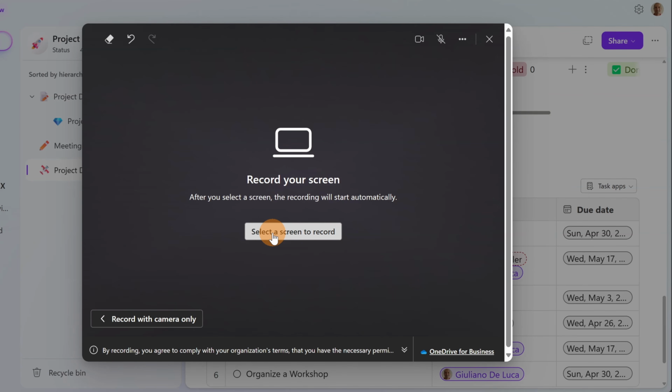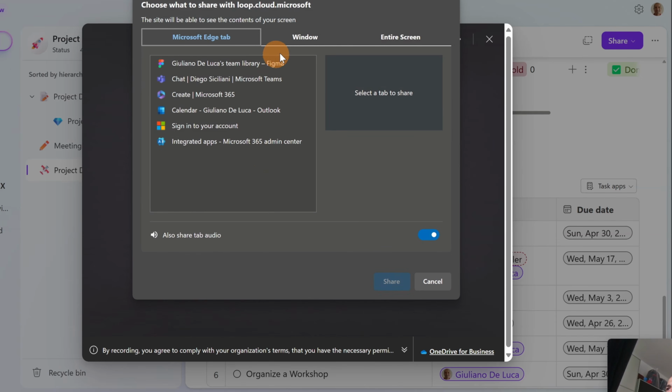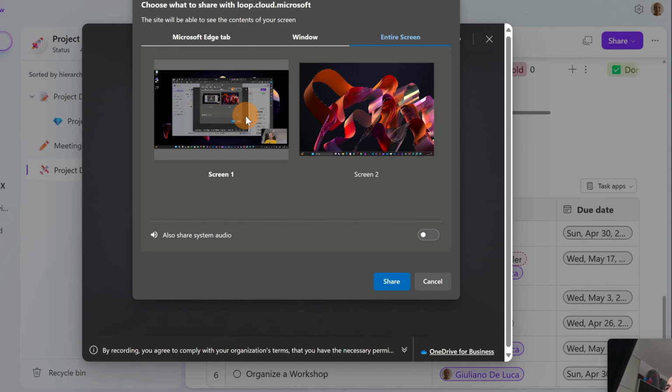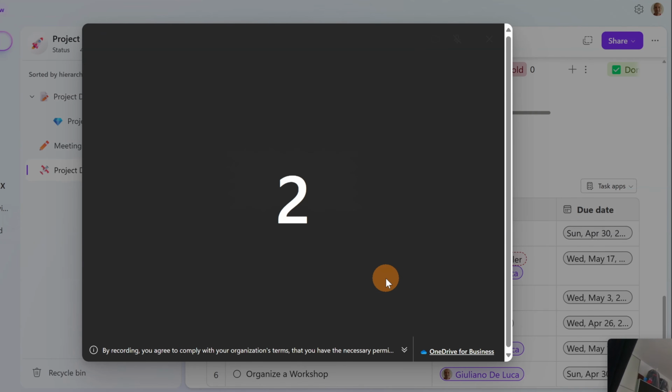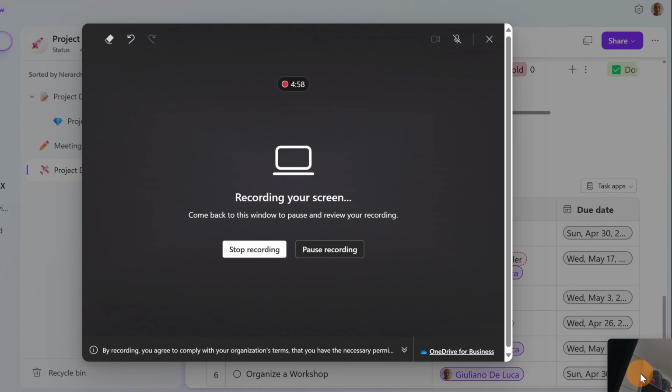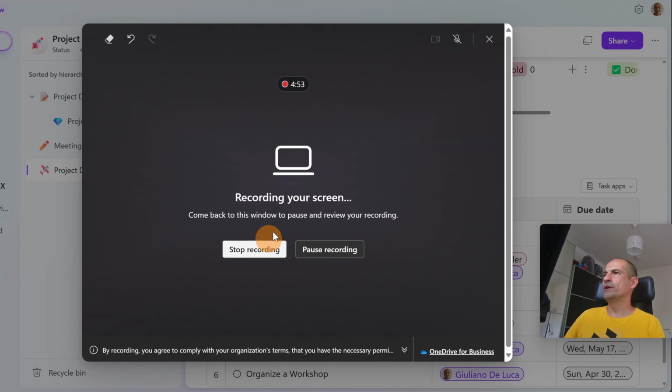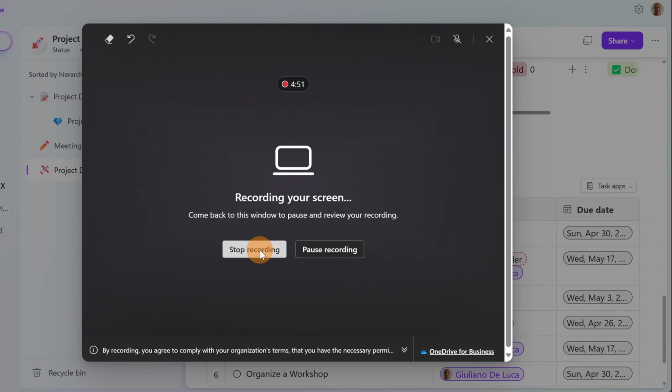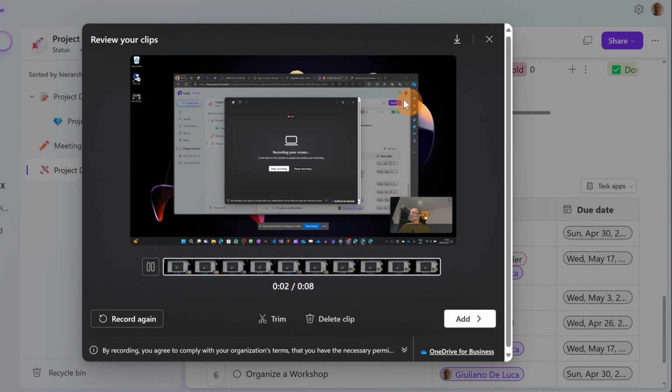Now selecting this icon here, I can select the screen, so I can have the window or, let's say, the entire screen. You can decide to include the audio or not. Now I'm sharing, and I am next here. You can move this place where you want. I'm recording. I can now stop recording, and there we go. Here I have my screen recording, I have my camera. So it's very cool. You can create how-to video tutorials without installing any kind of third-party tool, but everything is